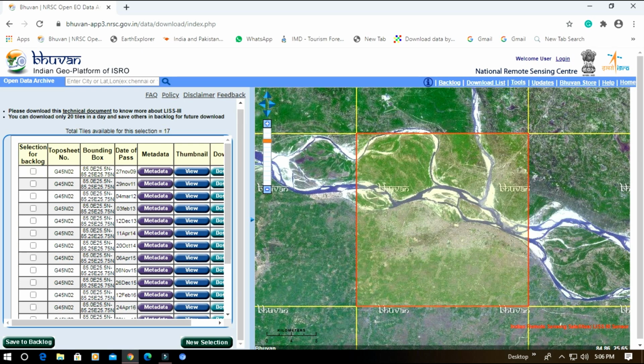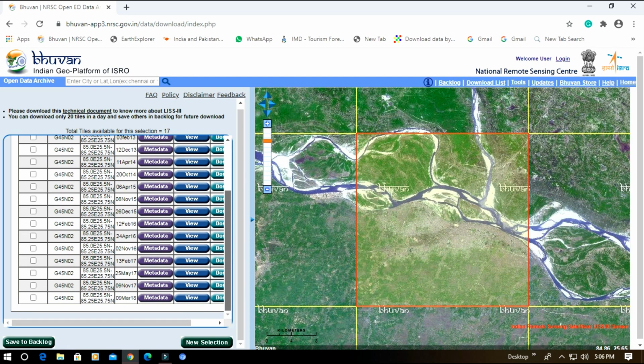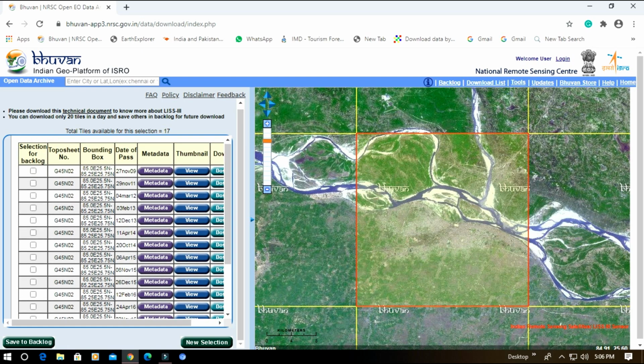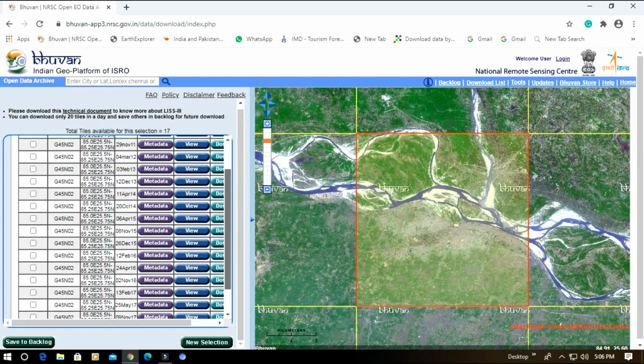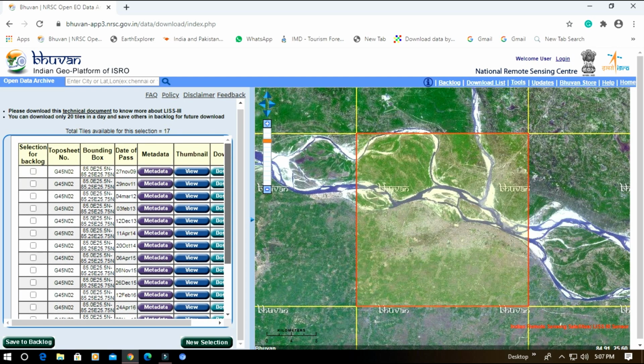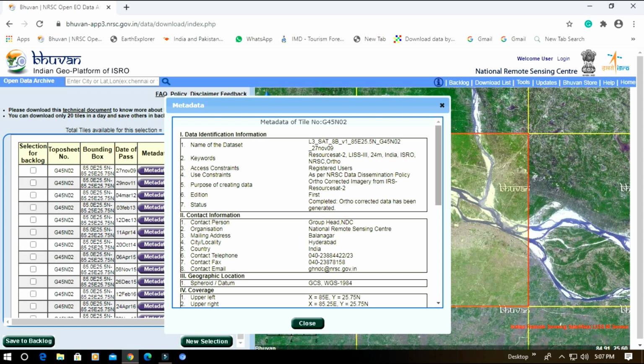Then after clicking on next, you will be able to see the entire satellite image of that particular box area from date 27th November 2009 to 9th March 2018. Now we should select the metadata or check the metadata.